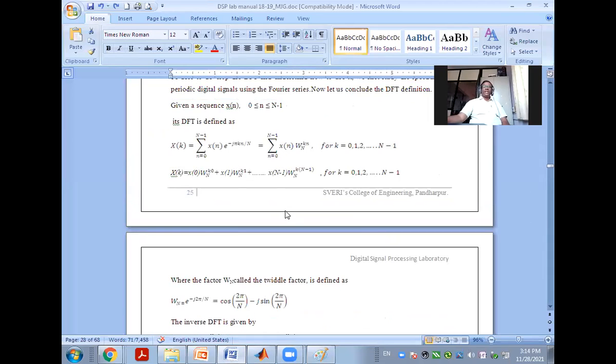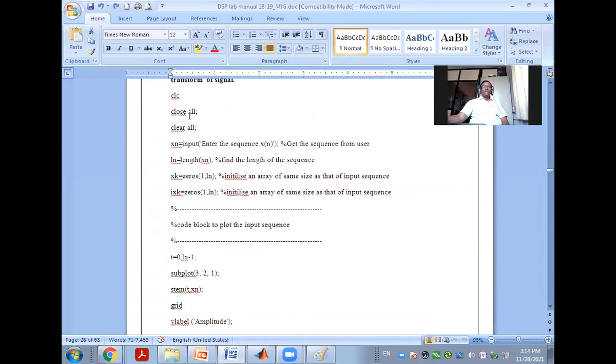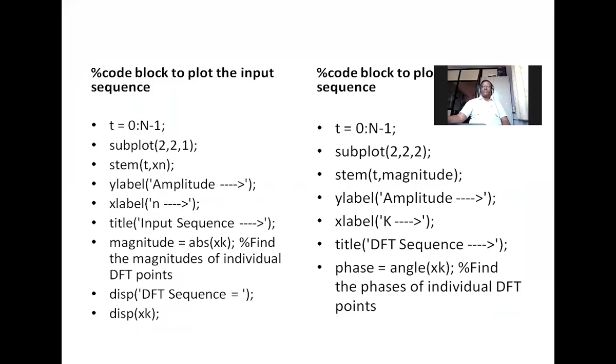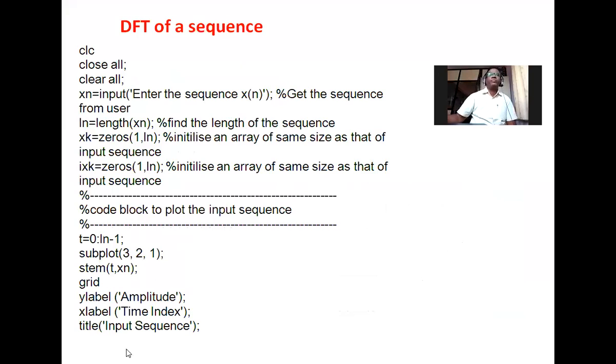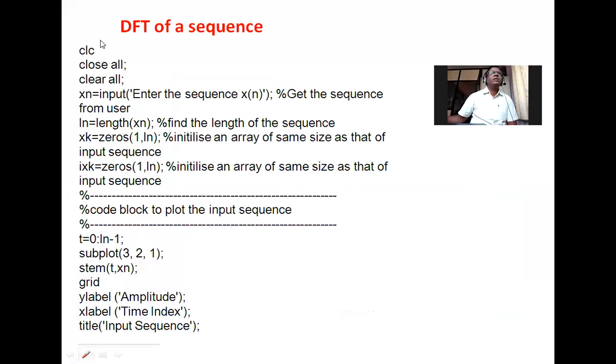This formula I have already discussed. So here we know this is, okay, let me take out the program so that we can write something over there. Okay, now this is there. What I am writing here will be common for all the programs. So what is this point indicating here? Xn. Xn is what we are writing here. Input: enter the sequence Xn.